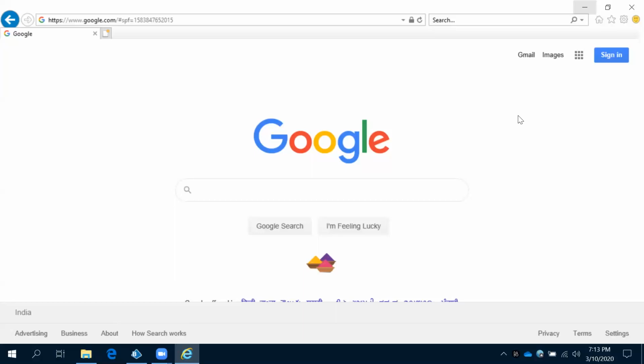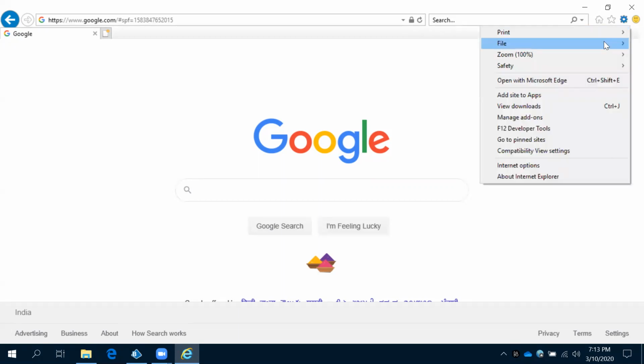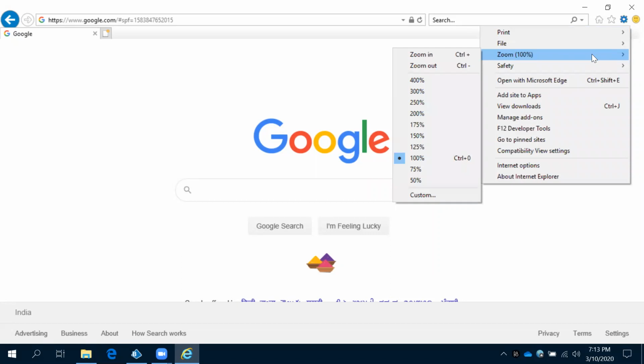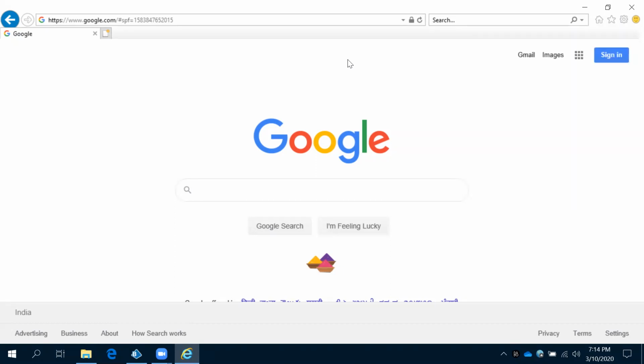So now the new versions we can work with Google Chrome and Firefox also, but previous versions like 5 we don't have options, but we can work with only Internet Explorer. And then second rule is always your internet zoom should be 100%. These are the basic rules before working with your browser based application.